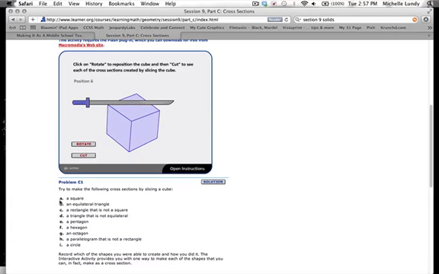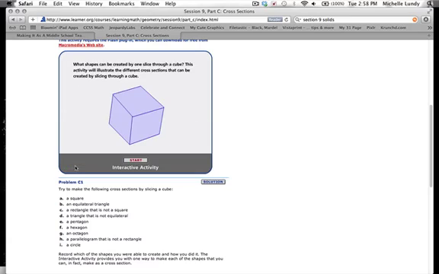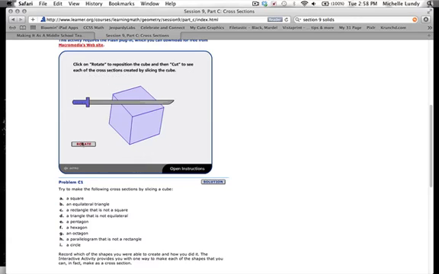So let's say, for instance, I want to try to get the square. Choice A. So I'm going to rotate and rotate. Let's say I think this is it. I'm going to hit cut, and you see I didn't get a square, I got a triangle. Okay, so I'm going to go back. That didn't work for me. Start again and rotate around. Okay, now